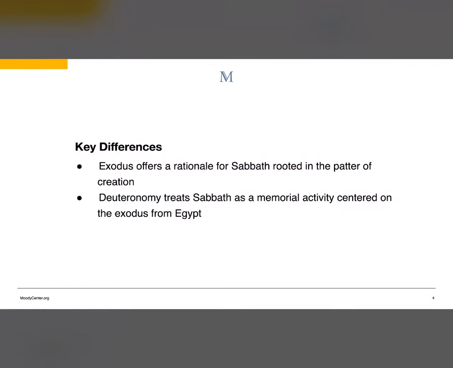The Sabbath command in Deuteronomy differs from that in Exodus in some significant ways. First, Exodus offers a rationale for Sabbath practice in the pattern of creation. God created for 6 days and then rested on the seventh. Deuteronomy, on the other hand, gives Sabbath practice a specific purpose, which is to help the Israelites remember that God